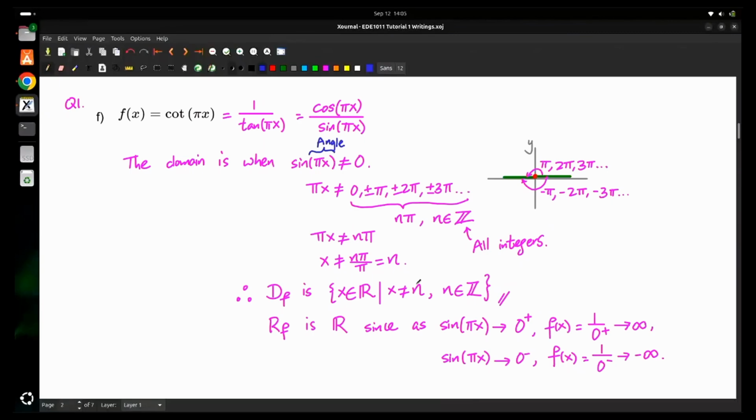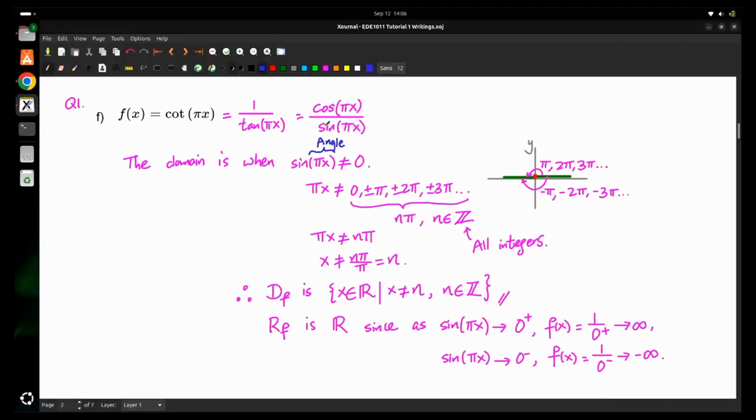Any questions with the domain? Basically what I did was just evaluate the asymptotes and then just exclude the asymptote values from the domain. And then the range of f is R. Why is that so? Because you have to consider when the psi value here gives you a